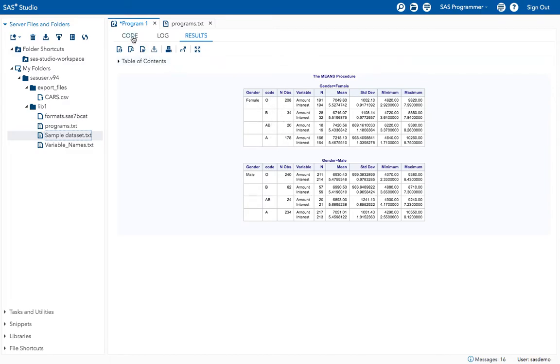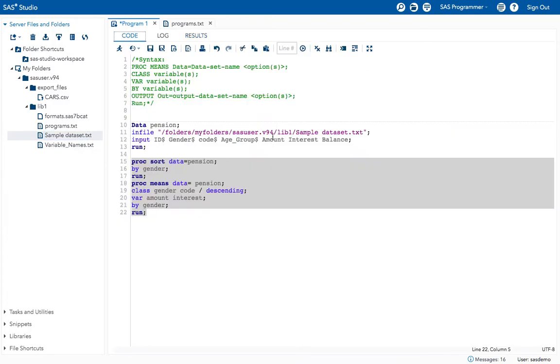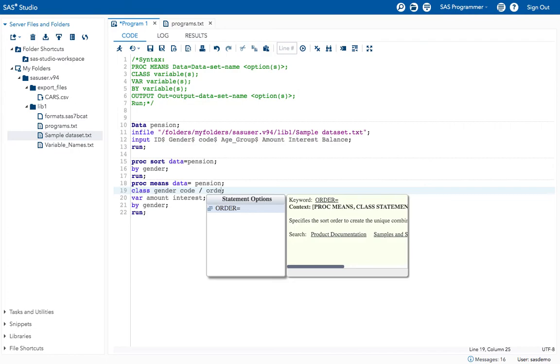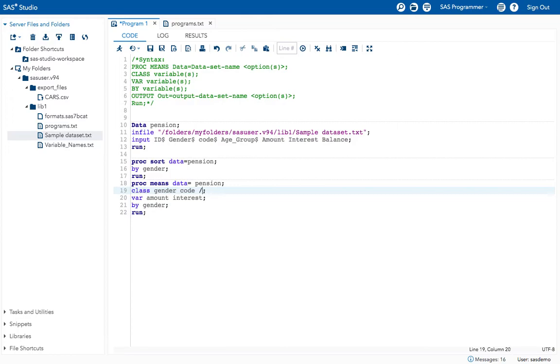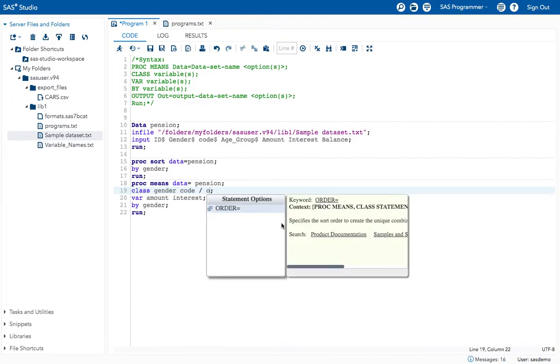And if you want to arrange by frequency, give the ORDER equal to FREQUENCY option. Now remove this descending and give order equal to. What this ORDER will do is specify the sort order to create the unique combination for the values of the class variables in the output.